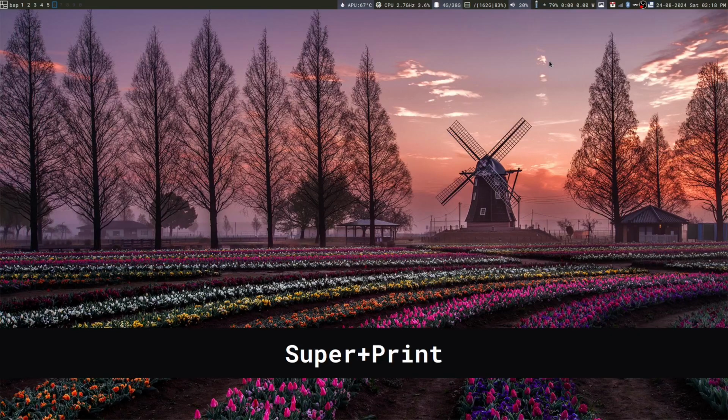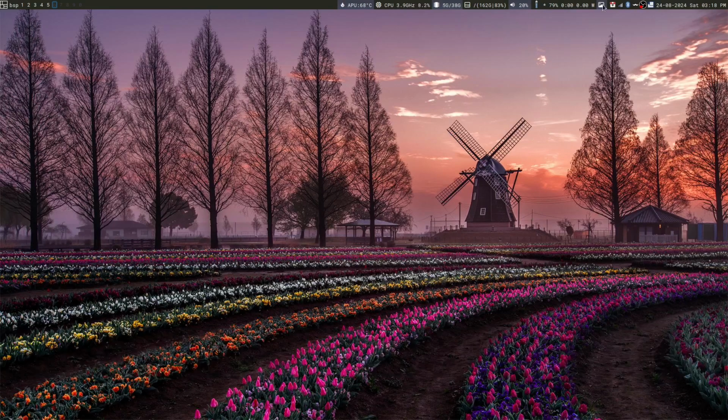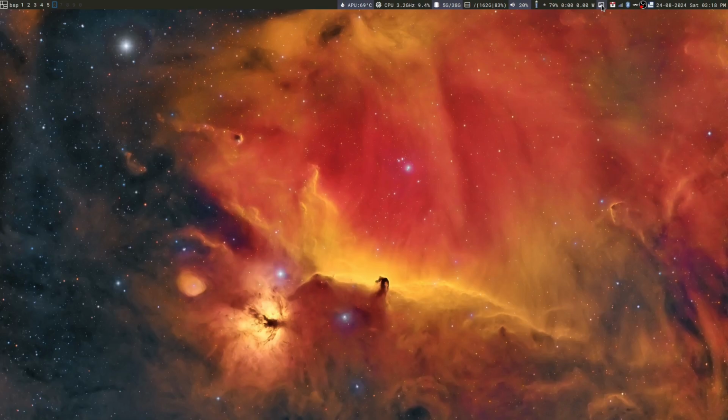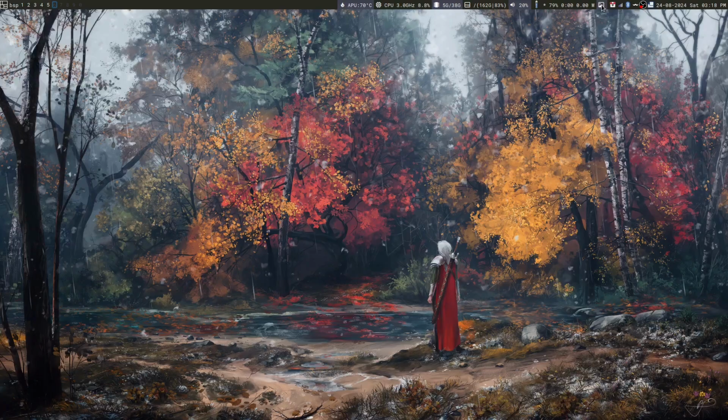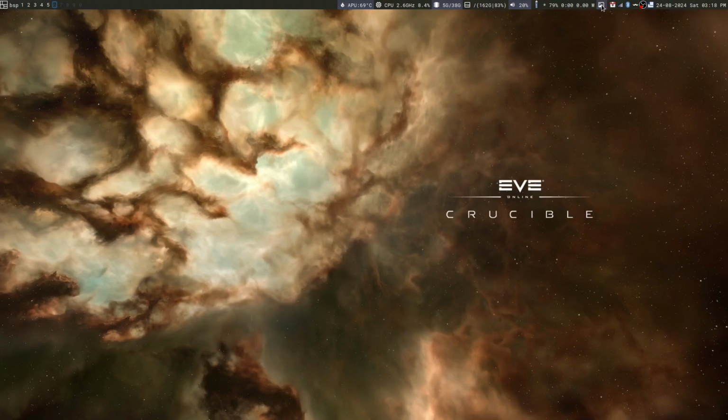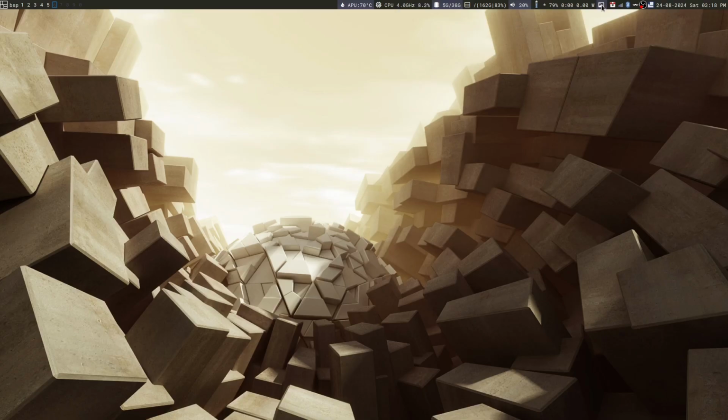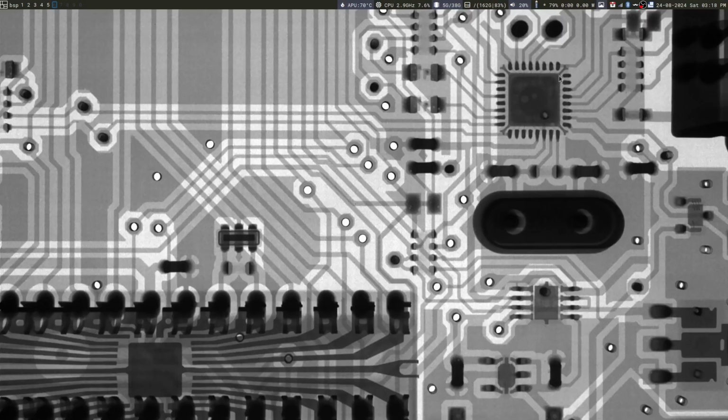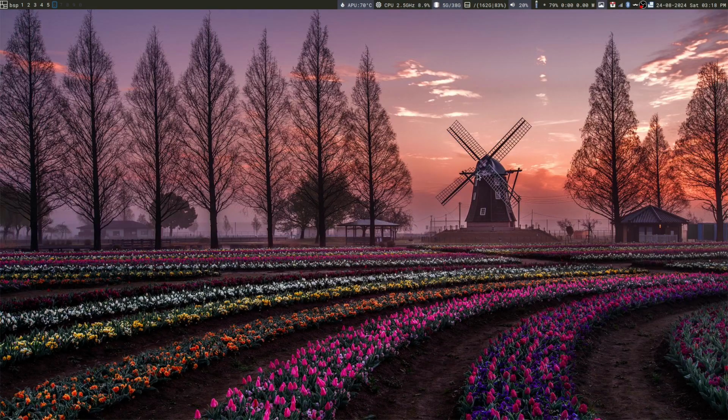The next widget is the wallpaper widget. If you click on it, it will change the wallpaper. Now, there's a directory called wallpaper inside the pictures folder. So whatever wallpapers you want to use, you can put those images in JPEG or PNG format in that particular folder, and it will pick it up from there.